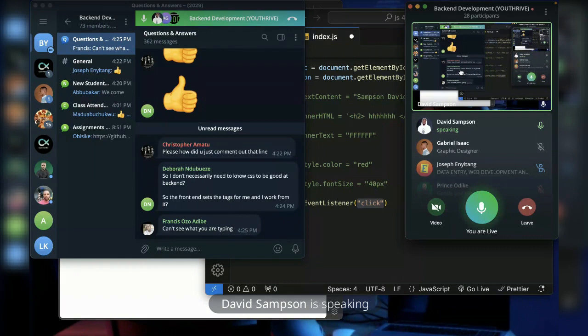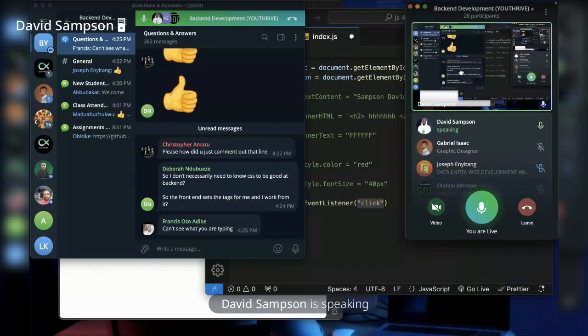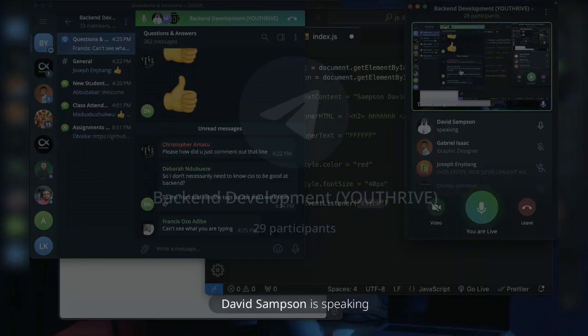So I'm not going deeper into CSS or into HTML. The little CSS and the little HTML we'll do, it is important that you understand it. The bulk of what you should learn as a back-end developer is JavaScript. That is the most important part, JavaScript.